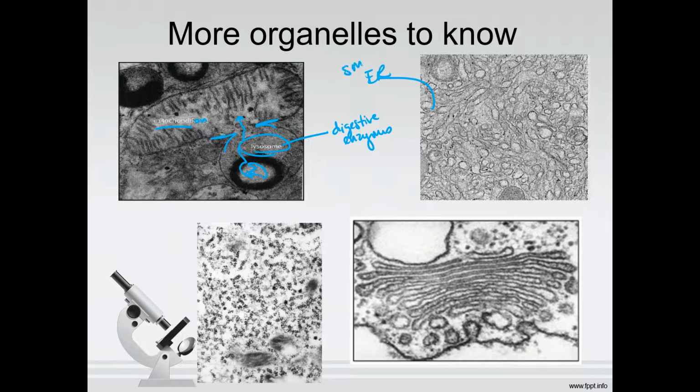This is known as smooth ER. The job of smooth ER is to make more lipids, more membranes. So it's a lipid manufacturer. Down here, we've got the Golgi. The job of the Golgi bodies, the Golgi apparatus, is to